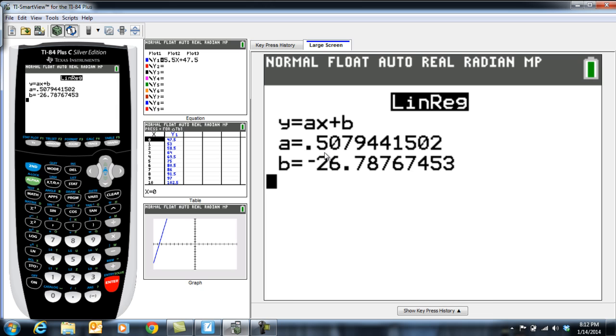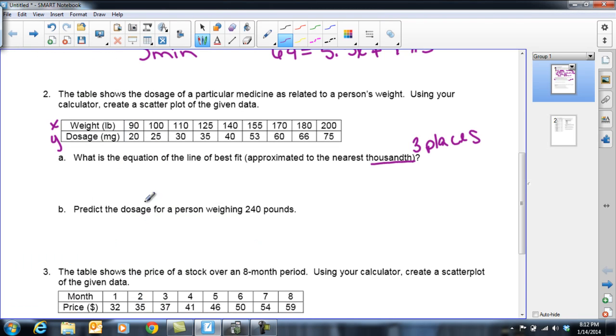So we got to round to the nearest thousandth, which is 3 decimal places. 1, 2, 3. This 9 means I have to round the 7 up to an 8, so it becomes y equals